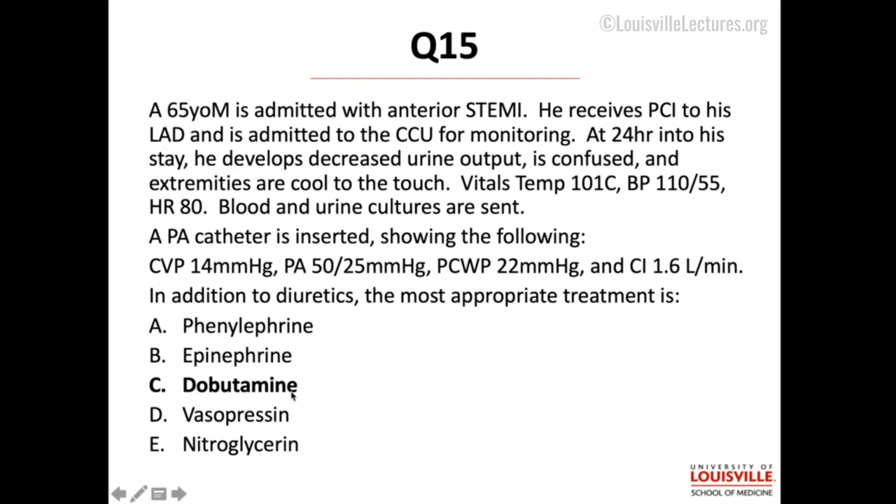I only really gave you one pure inodilator, dobutamine. Milrinone is another option clinically. I purposely didn't include it here because there wasn't anything to push you one way or the other. Phenylephrine is going to be a vasopressor, so we only use that if they're very hypotensive, and it doesn't get at the real problem, which is the low cardiac index. Epinephrine, this is the big gun. It should only be used when they're refractory to other inotropes. Vasopressin, again, is going to be a vasopressor. That's not what we need here. Nitroglycerin, a vasodilator, also not what we need.